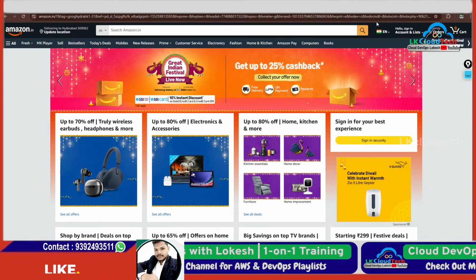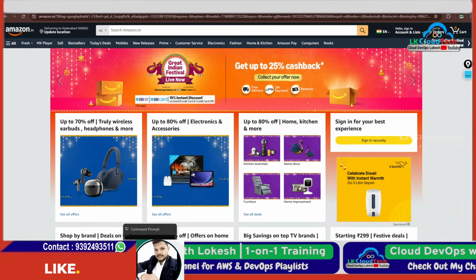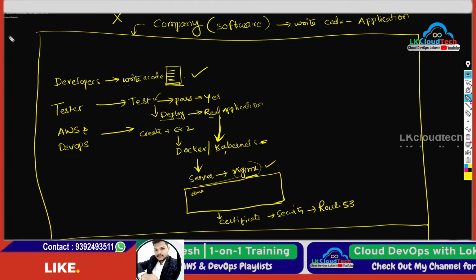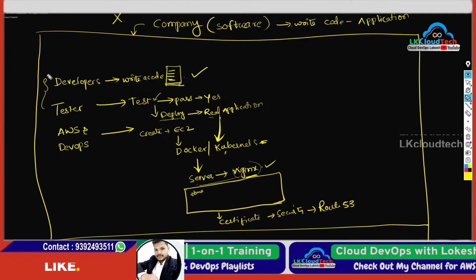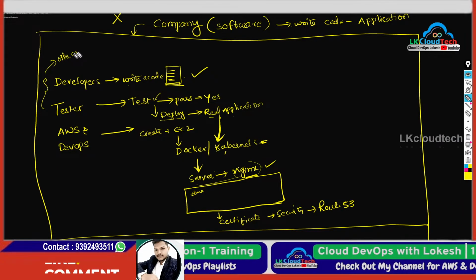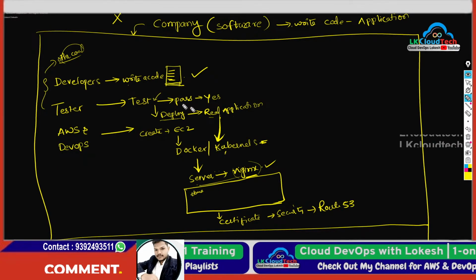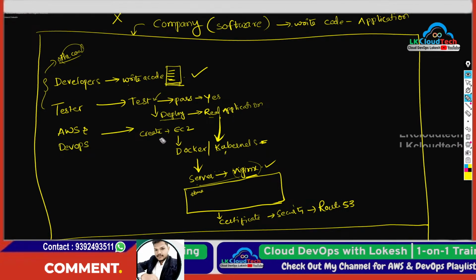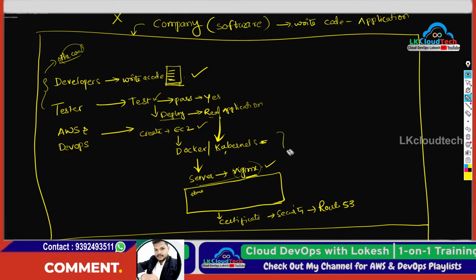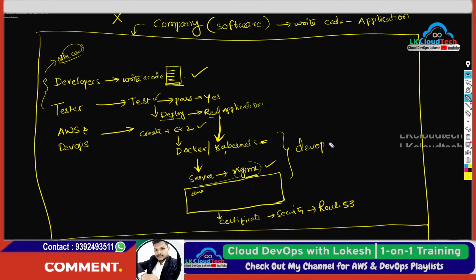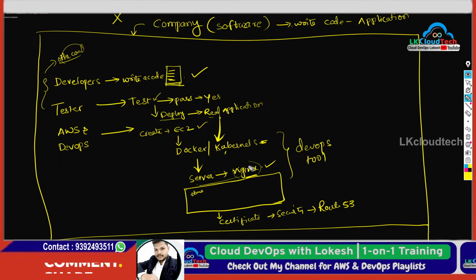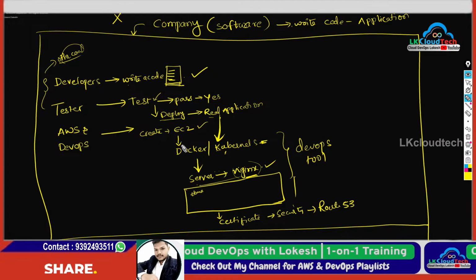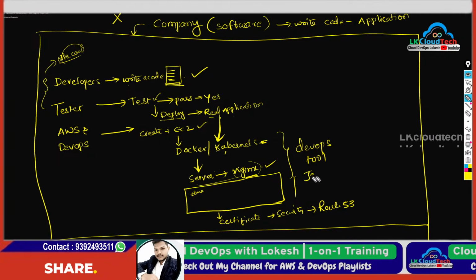After that testing, the next part comes to DevOps. The DevOps guys will take care of the rest of the things, and the testers and developers will go and look at other code. They don't get involved after finishing this. After finishing this, the AWS and DevOps team will create EC2 instances by using DevOps tools. They will maintain the entire application. And also, for example, there is a tool called Jenkins.